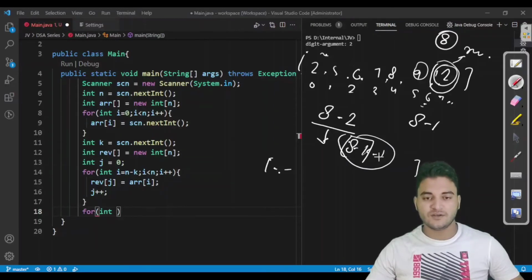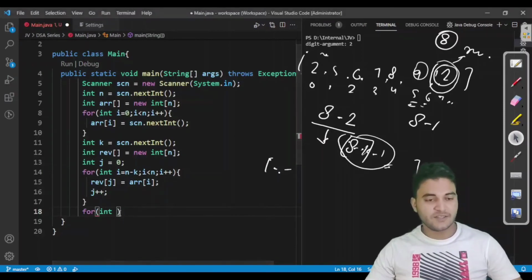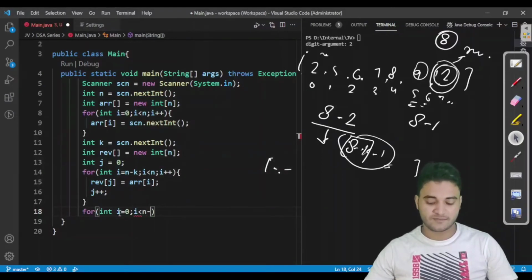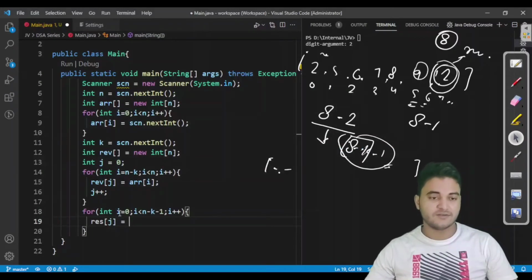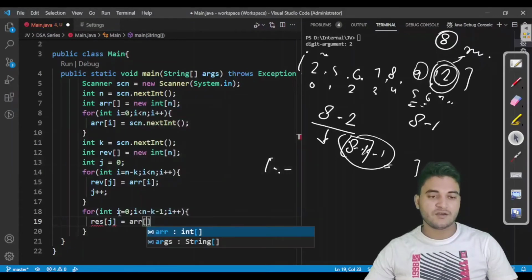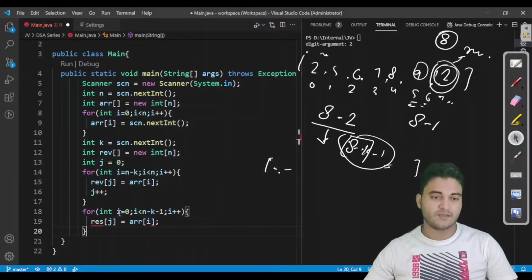We have to go till 8 minus k minus 1, fine, because we have to go here till 5. So let us fill these values also. Again, int I is equal to 0, I is less than n minus k minus 1, I plus plus, and reverse of j is arr of I, and in the end we just have to increase the j value.